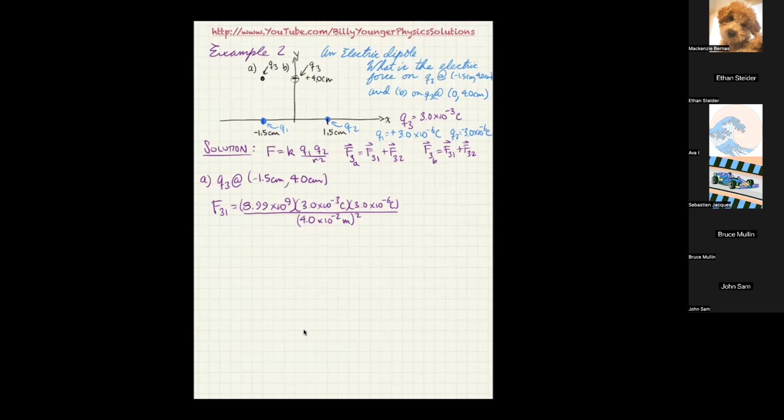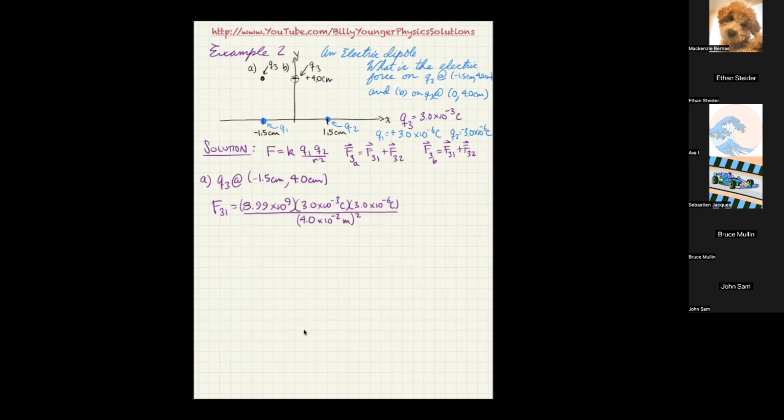Sometimes you can make the numbers a little easier. In this case, I'm going to get 9 times 9, which is 81, but then I'm going to multiply it by 100 and then divide it by 4, or 16. So we'll work that out. What I get is 8.99 e to the 9 times 3 e to the negative 3 times 3 e to the negative 6. And then that, of course, gives me 80.91. And then I'm going to divide that by